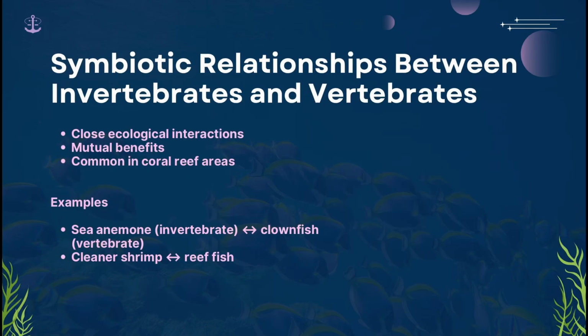One of the most important ecological features in both environments is symbiosis, the close ecological interactions between invertebrates and vertebrates. These relationships provide multiple benefits. The most classic example we observe is between the sea anemone and the clownfish. The anemone provides a safe home with stinging tentacles for the clownfish, while the clownfish defends the anemone and provides